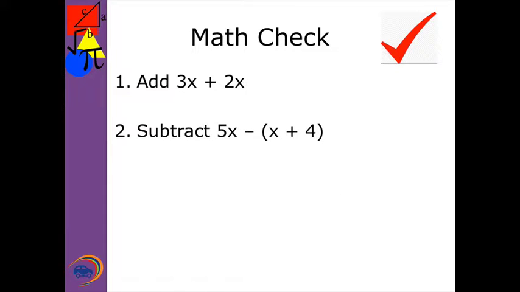So for math check, on your note taker, do these two problems which are simplifying math expressions, and I'll meet you back here in a minute. Welcome back. Let's go to our slate and let's look at these problems. The first problem said to take 3x plus 2x. Notice these are what we call like terms. They're like terms because they have the same variable to the same power. If they're like terms, then all we do is add their coefficients, the 3 plus the 2, and we get